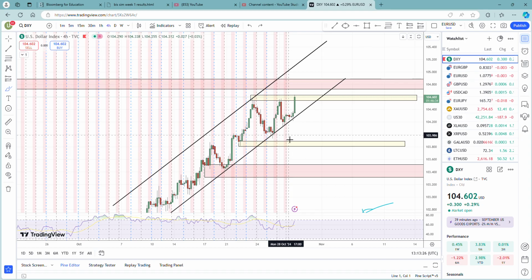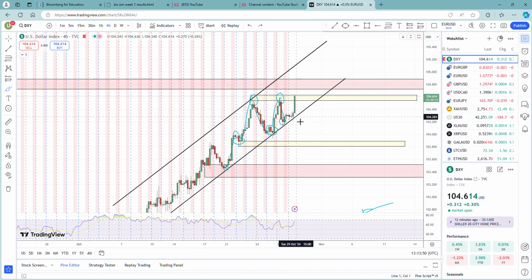However, you can see that this is a higher low. I'll leave a marker for you. This is a higher low. Price made a higher high, pulled back to make a higher low, made a higher high. This is your resistance. It's pulled back to make a higher low. This is your support. It's gone to a higher high. This is your resistance, higher low, which also respects this trend line that I've drawn,